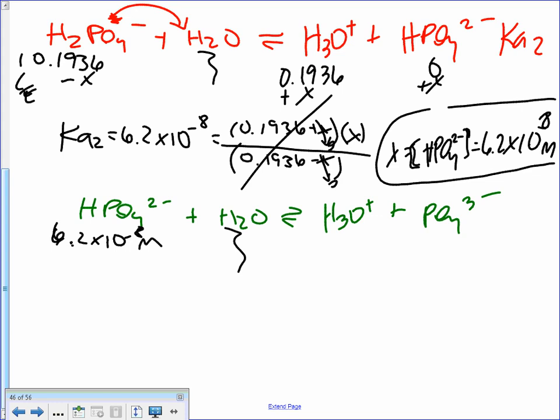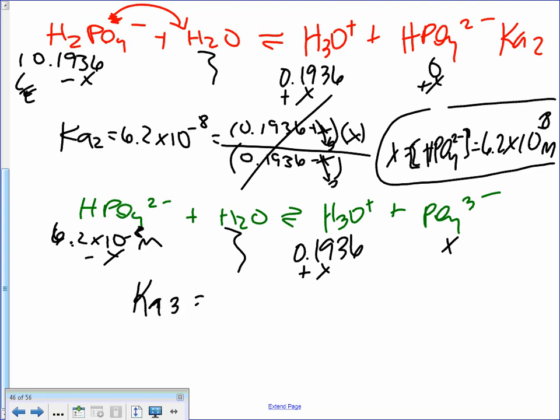Water, nobody cares. Hydronium has an initial as well. It's the 0.1936 that we've already gotten, plus this, but that's not very significant. I don't think it changed it at all. Nope. So I'm just going to put 0.1936 here because it doesn't have a significant change. Do I have phosphate? Nope. So I'm going to go ahead and set up my ICE, subtract X, add X, add X, and all this mess equals my Ka3 value,